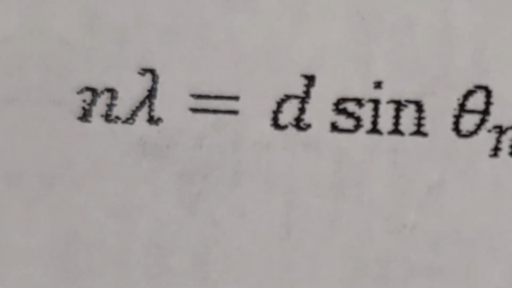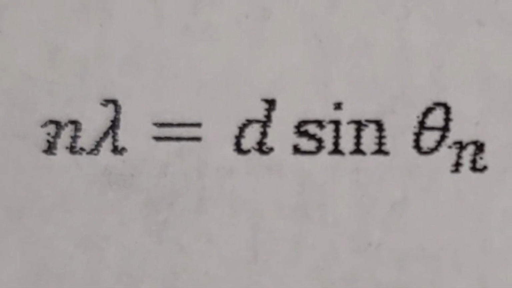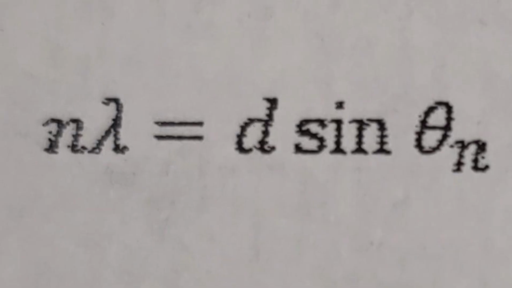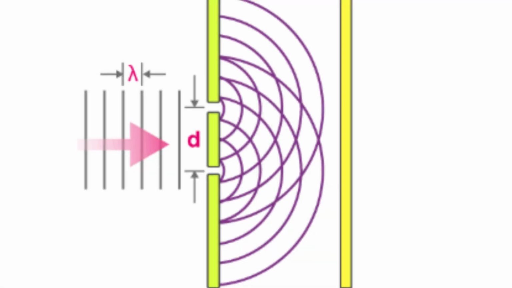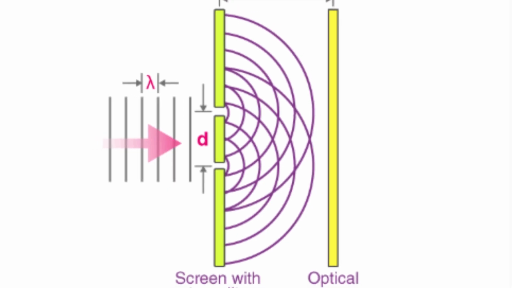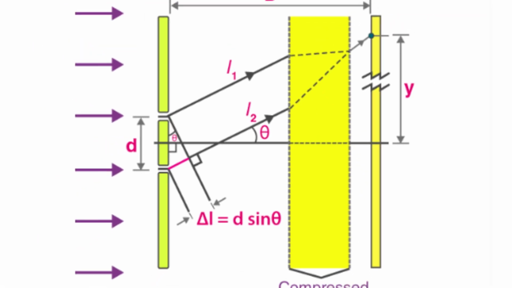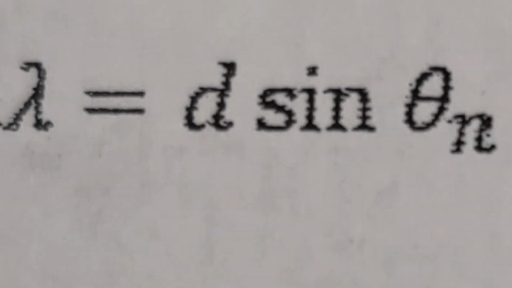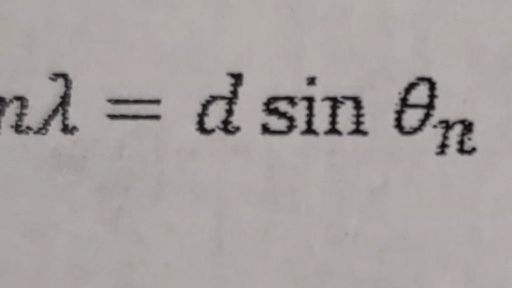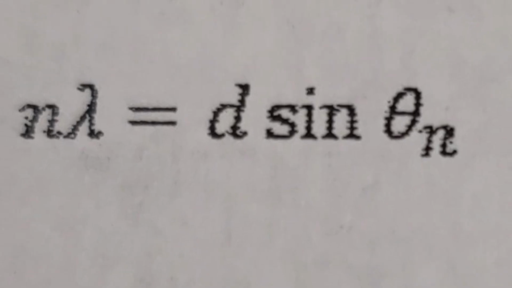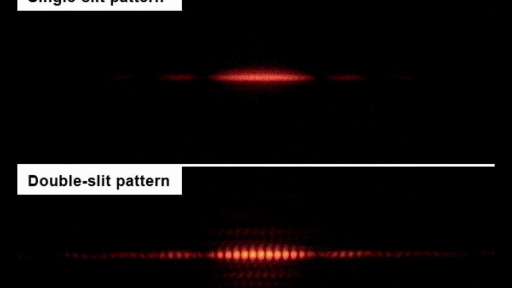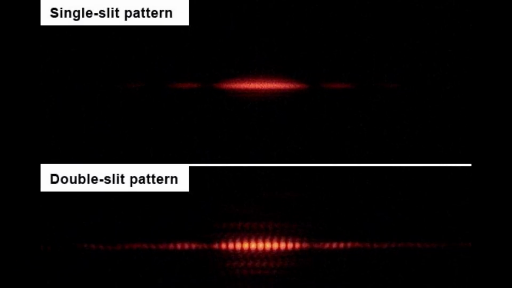In mathematical terms, the intensity of the light on the screen can be described by the superposition principle, where the distance between the slits is d and the wavelength is lambda. The bright fringes appear at angles given by. This simple equation governs the entire phenomenon, determining where bright and dark bands will form. It is a perfect demonstration of the harmony between mathematics and physical reality, a window into the underlying order of